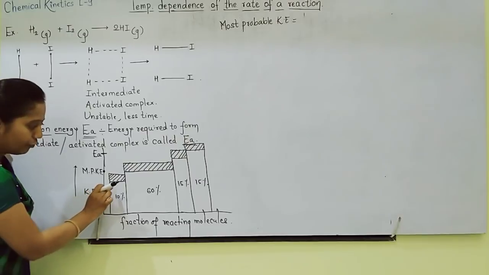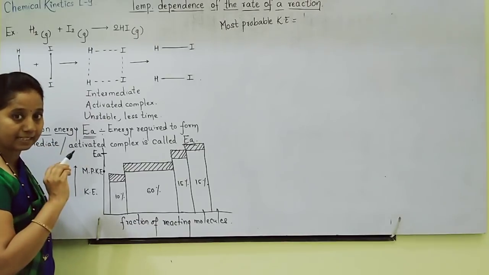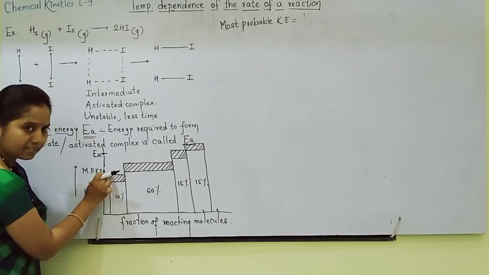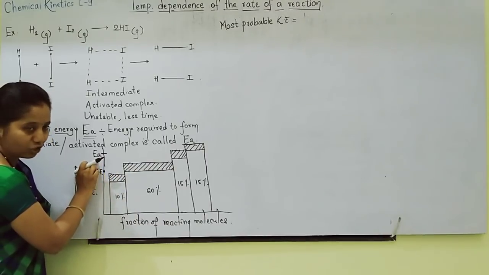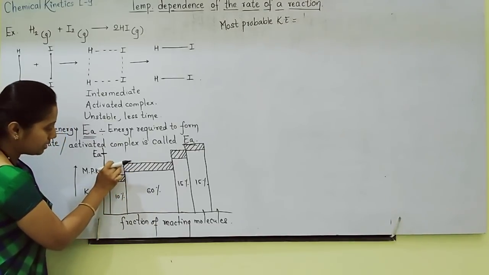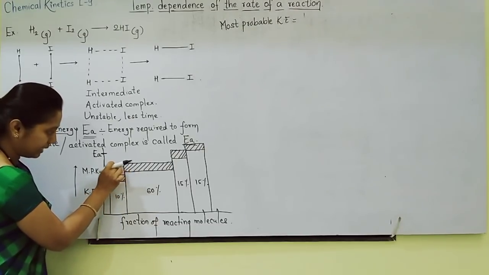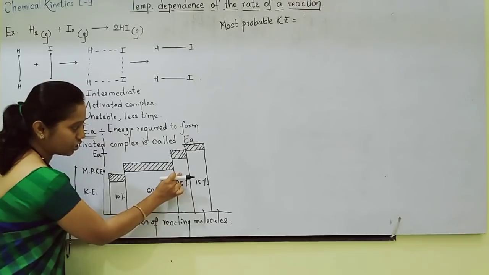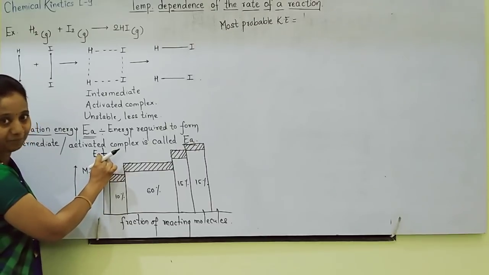Okay. Now next. We increase temperature. Due to the increase in temperature, all reacting molecules' kinetic energy increases. Now what can you see here, students? This 10% reacting molecules' kinetic energy increased, but no use, because their energy increased but did not become equal to activation energy. These 60% molecules' kinetic energy also increased, but still it is less than activation energy. But these 15% reacting molecules' kinetic energy increased and became equal to activation energy.